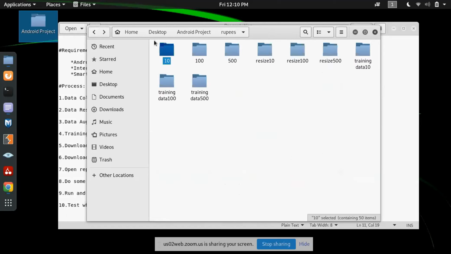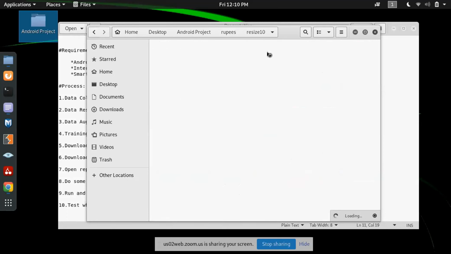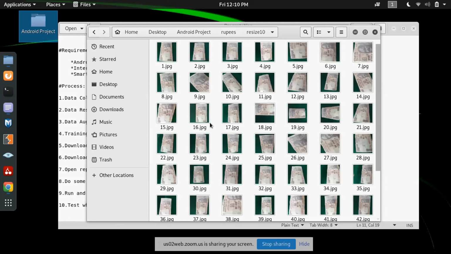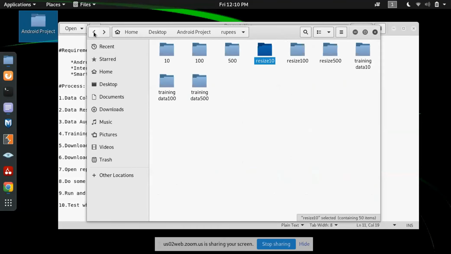These three folders contain the data I took from my mobile phone, and this is the resize folder. In the resize 10 folder, these are the resized images, converted to 1028 by 1028 pixels. I'll show you how I converted all these. These are 50 pictures, and I think they are not sufficient for training.